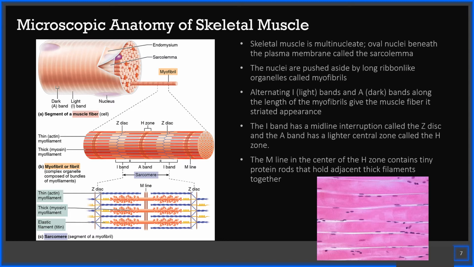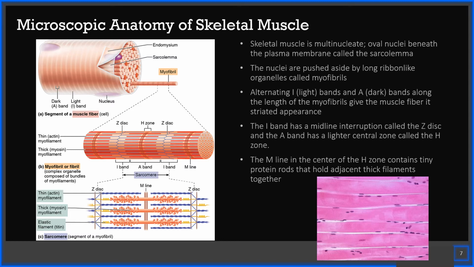The nuclei are pushed aside by ribbon-like organelles called myofibrils, myo meaning muscle. Alternating light I bands and dark A bands along the length of the myofibrils give the muscle fiber its striated, striped appearance. The I band has a midline interruption called the Z disc, and the A band has a lighter central zone called the H zone. In the middle of that H zone is the M line that contains tiny protein rods that hold adjacent thick